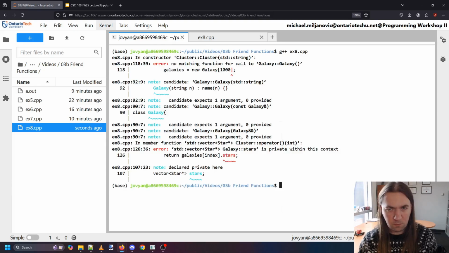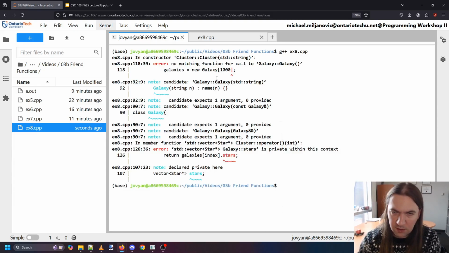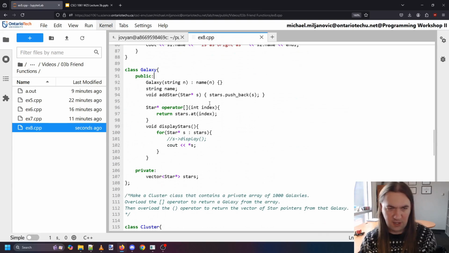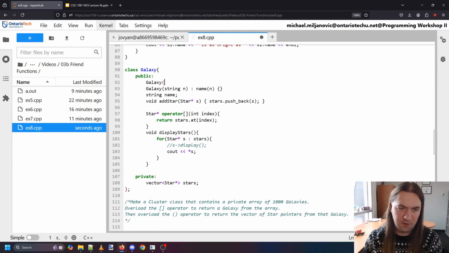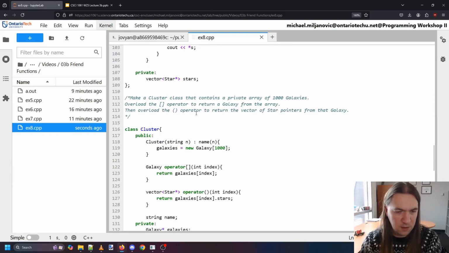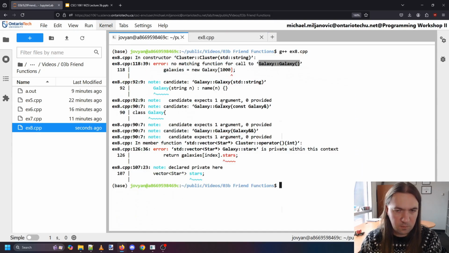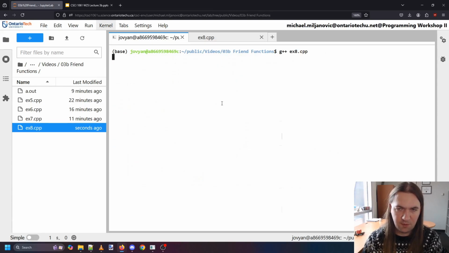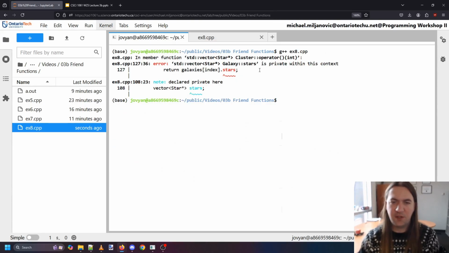Well, oops, sorry, did I mess this up? No matching function call to galaxy. So my galaxy class does not currently have a constructor for when I have no parameters. So I need one of those. So now that fixes the first bug. But I have a second bug, which is that stars is private, and so I need to be able to